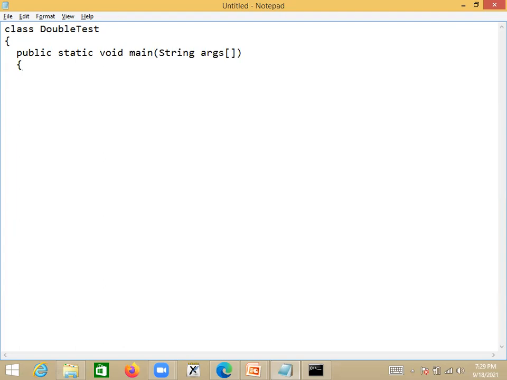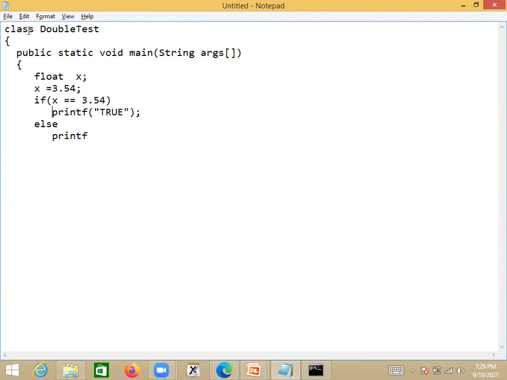Here we define a floating point type variable x, and assign x is equal to 3.54. Then we check the condition: if x is equal to 3.54, we print a message, true. Otherwise, else, we print false.